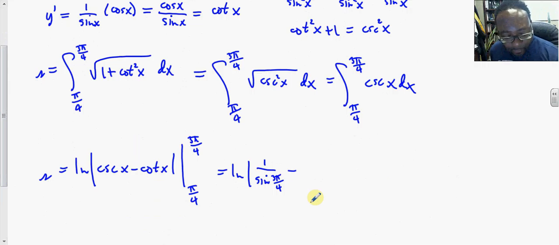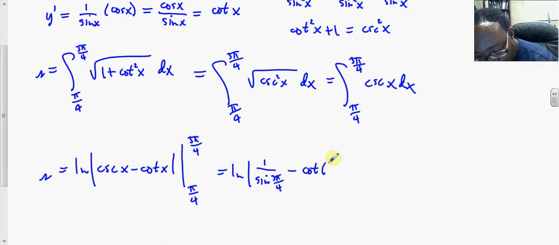You're dealing with pi over 4, so tangent of pi over 4 is equal to 1. And likewise with cotangent, just want to be mindful of where that angle shows up on the unit circle. So this is minus cotangent of 3 pi over 4,